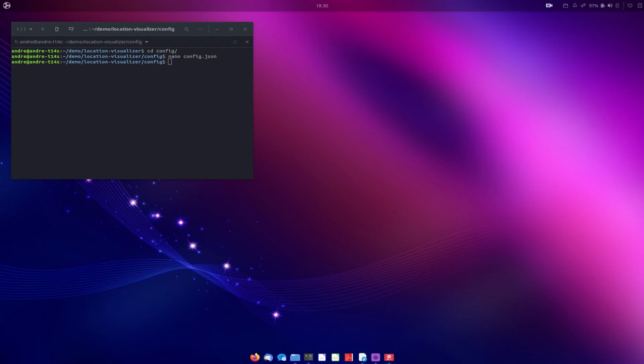Now, if we want to use Location Visualizer, we will have to set up a user. First thing we're going to do is go out of the config directory again with cd .. And then I will run the following command, ./logvis create --user username.